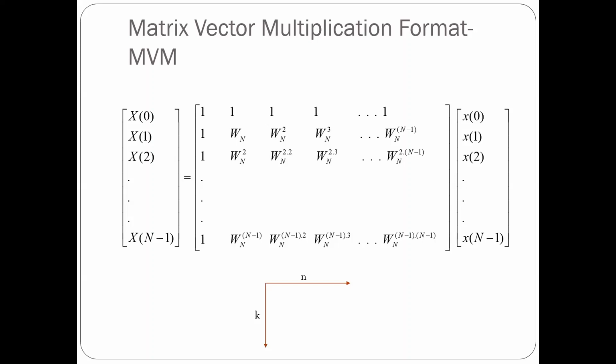So, e raised to j pi by 2 radian is j. So, if I multiply an input signal by j, the value of the input signal would be complex. So now it is j into x of 0, j into x of 1, etc. So, that becomes imaginary. So, I can have a mathematical operation.